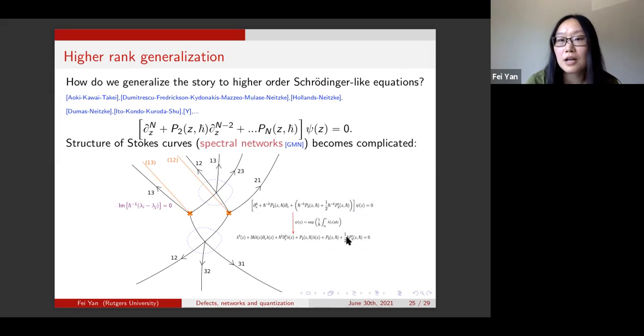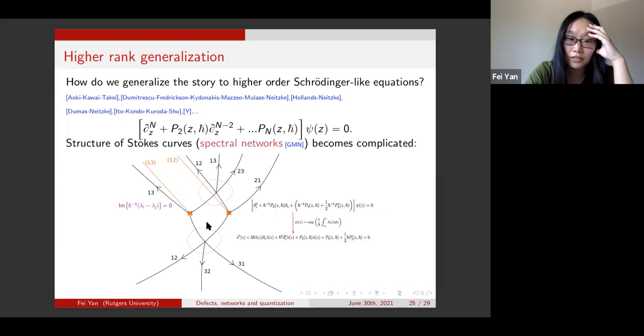I think Nikolaev has made some progress in that direction, but I don't know precisely yet. So from a physics point of view, there are still surface defects in this kind of higher rank class S theory here. So you could still consider drawing the soliton paths, or rather the values of Z where there exists the soliton that you wanted, or draw the spectral networks using the GMN techniques. And those are expected to still serve as Stokes curves in this analysis of the